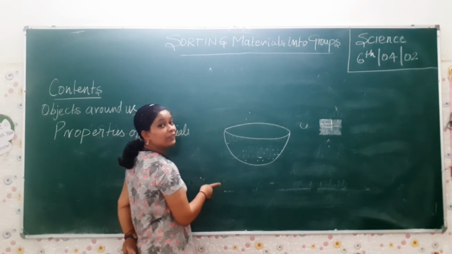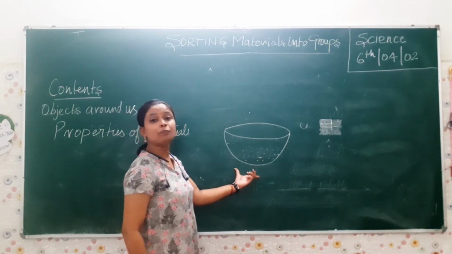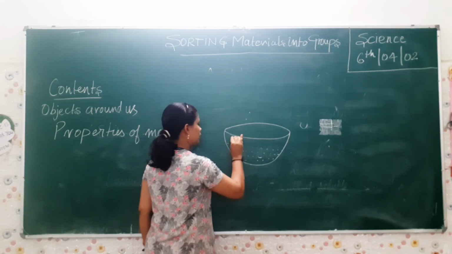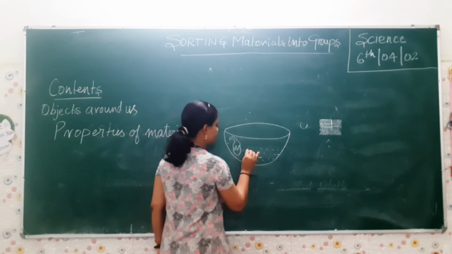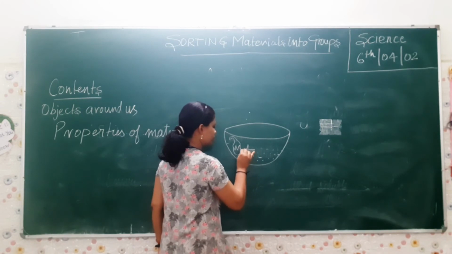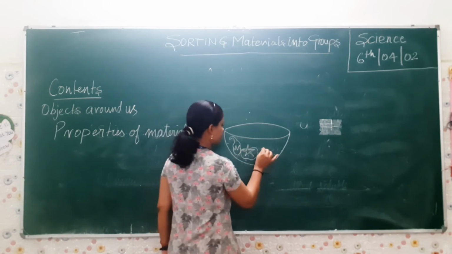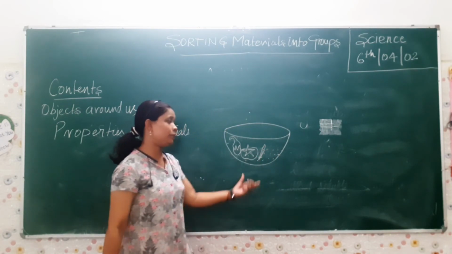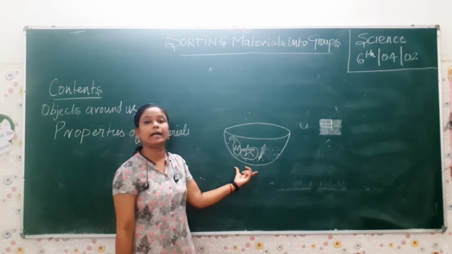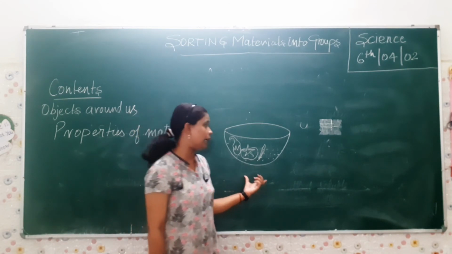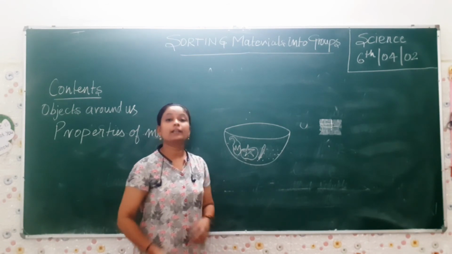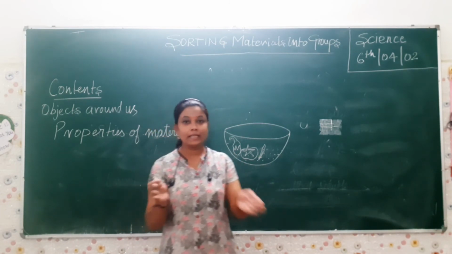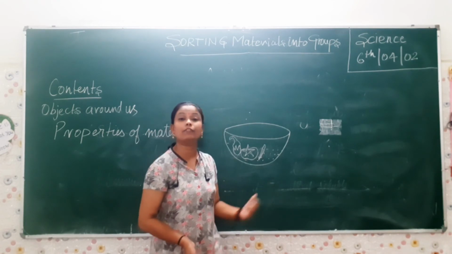Actually, water is completely transparent. Now I have poured some vegetables in it. Okay? Brinjal, tomato, lady's finger. I have put them inside just to clean them. Now will I be able to see? Definitely yes. As you can see over here, in the same way, if you do it in a glass bowl, you can also have a look.